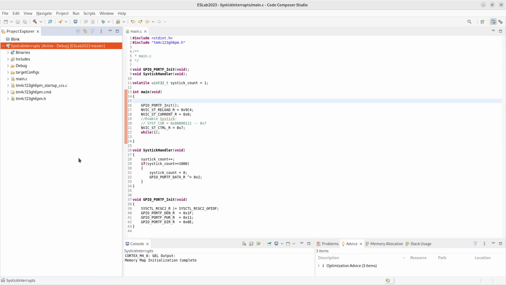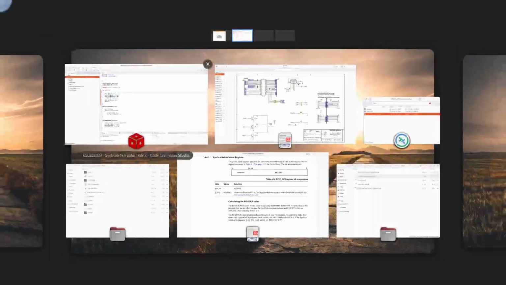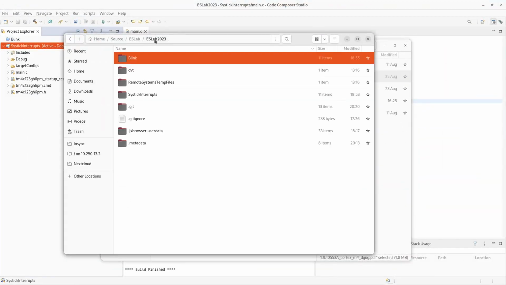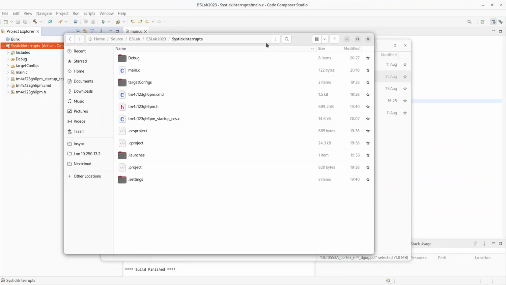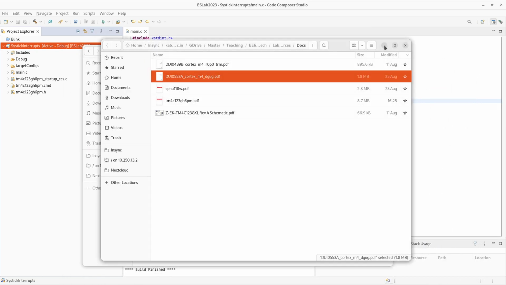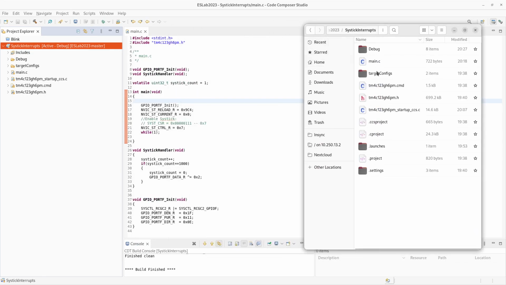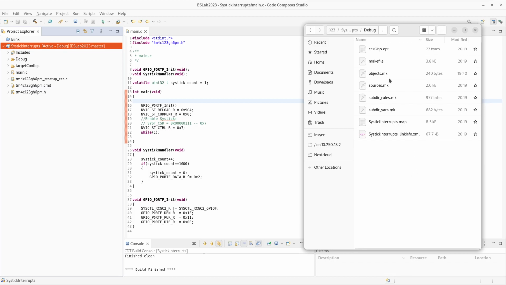Okay, so clean project. And what I'm going to do is, let's go and look inside this folder that we are working in. So this is our SysTick interrupts folder. This is basically all of the files that are being generated, and the files that get generated are all inside this. Okay, so I think in the class we have already looked at this map file,